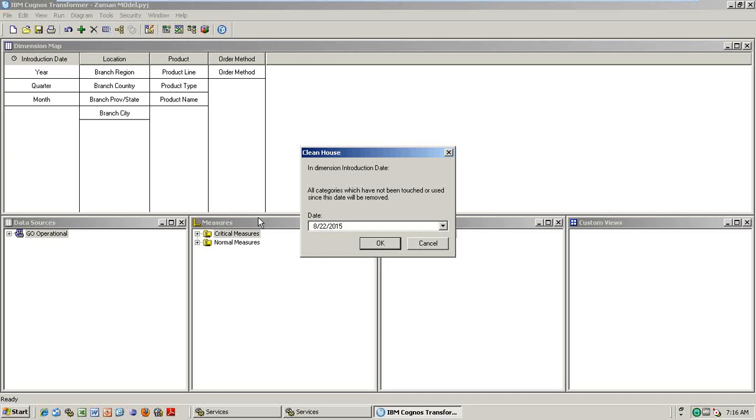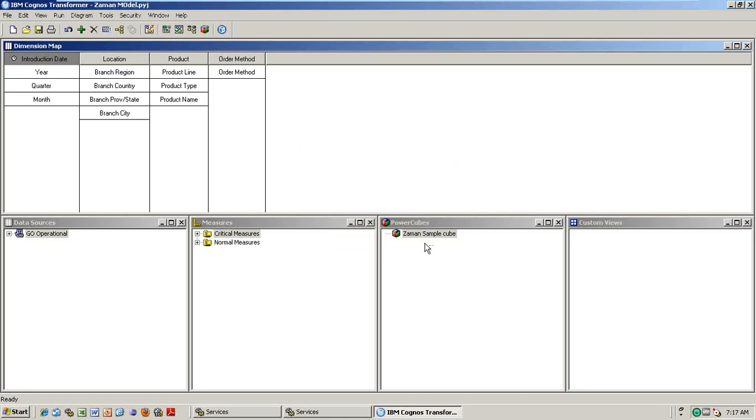So what is happening? Whatever the date you choose, for example, for the category Spain from 2014, from August up to December it wasn't used, but maybe in January it was used one time. That means it will not delete, because even if it is used by any user a single time between these dates, it will be treated as important, so it will not be removed. That's the reason for this clean house: sometimes the user may not use it, but suddenly they want to use it, even after 1 year, so I don't need to delete it because the data is existing. Okay, that is the clean house.